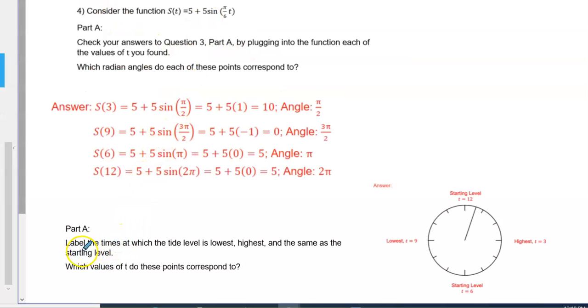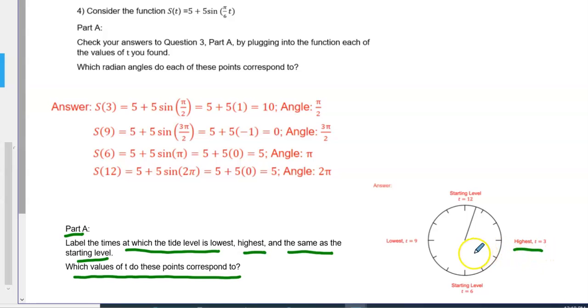Now let's go back a little. In part A of question 3, we were asked to label the times at which the tide is lowest, highest, and the same as the starting level, and then to find which values of t these points correspond to. Now these are the answers that we had. Highest was t equals 3, lowest was t equals 9, and the one that gave the same t as the starting level was t equals 6. And so what question 4, part A, is asking us to do is to plug in these values